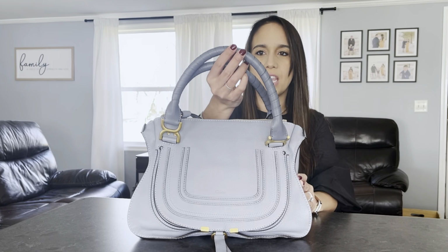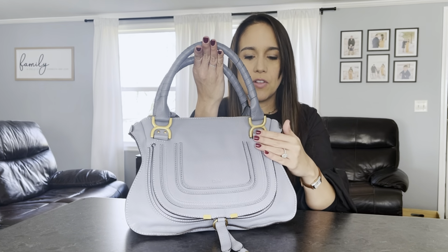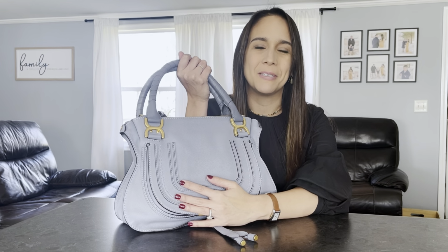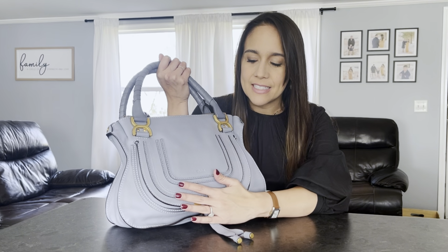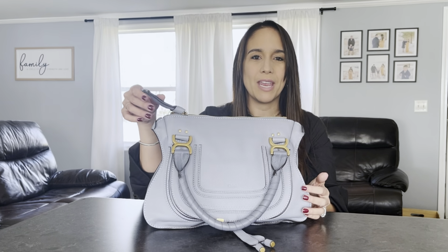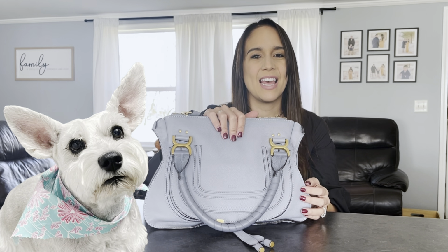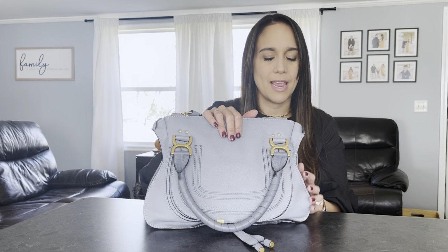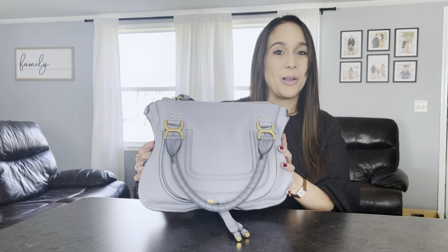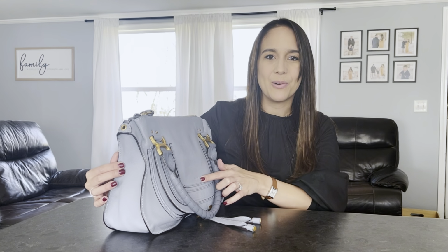I love the handles, how the leather just twists around it. I love the hardware on it. It's so unique. But my favorite part about this bag is the fact that it says Chloe right in the front. And Chloe was the name of my beloved fur baby that unfortunately passed away not that long ago. So this is my Chloe bag, and every time I look at it and I see the name Chloe, it's